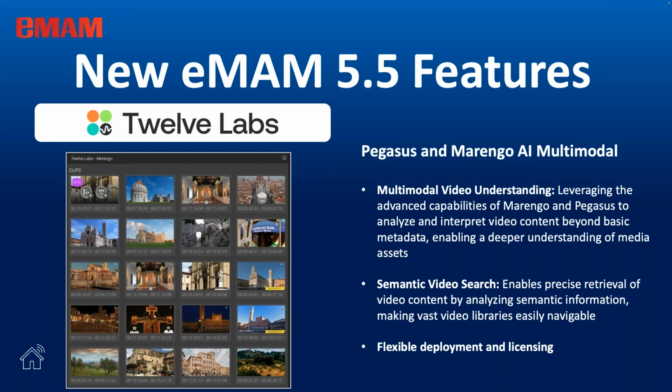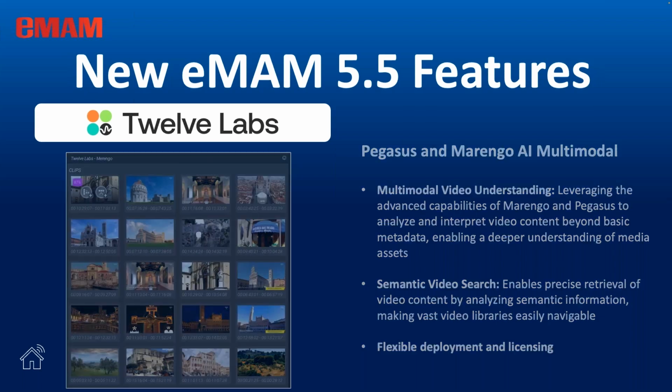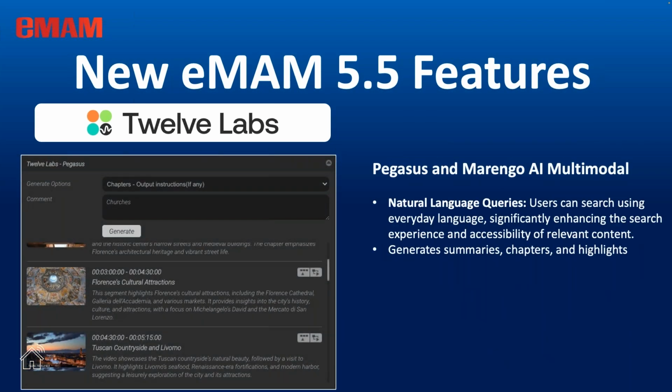But being able to then take that media and then cut it up on the parts that I need quite quickly and find that. And then again on Pegasus, as you saw within the panel, this gives you options for summary, chapter points, and just giving you highlights. And what's cool about this is it takes some of the speech that's spoken about, like in this case here, the different churches, it'll actually read that out for you.